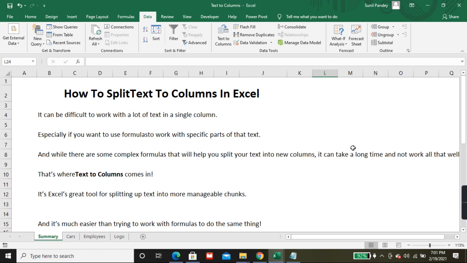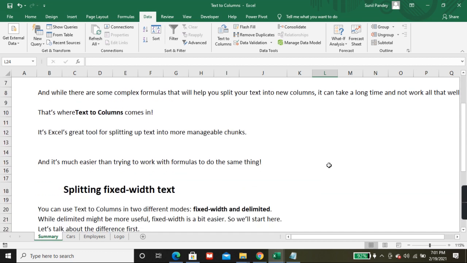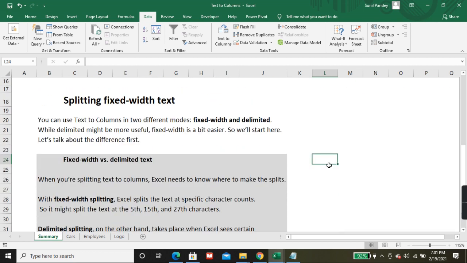Okay, it's a great Excel tool for splitting up text into more manageable chunks, and it's much easier than trying to work with formulas to do the same thing. Today we are going to see splitting fixed width text and splitting delimited text.